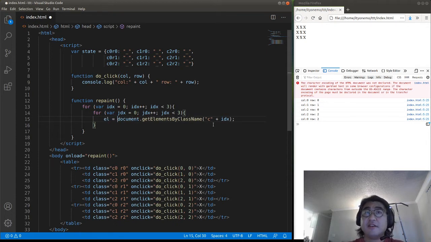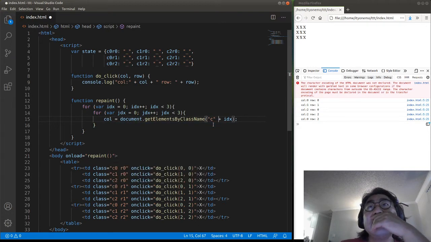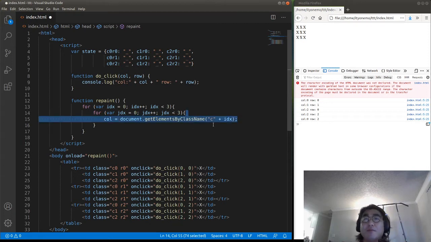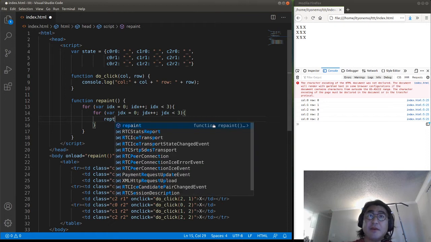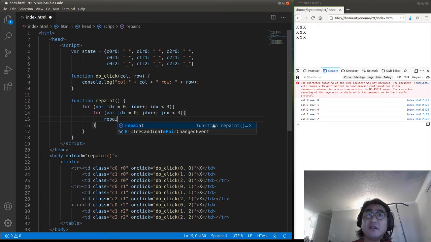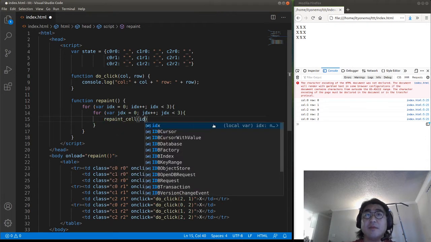L equals call. And then, you know, it might be worthwhile to break this out into its own function, and then I can test it in the console, right? So let's make this be repaintCell, and then it's going to be on the IDX